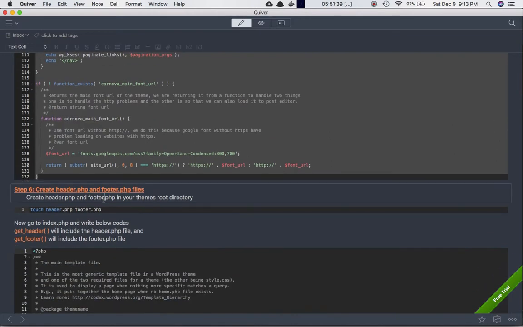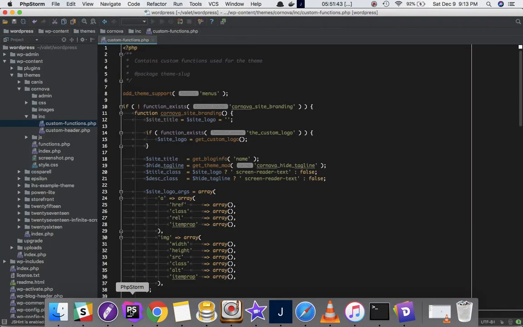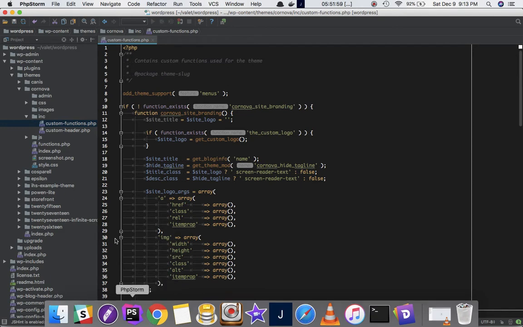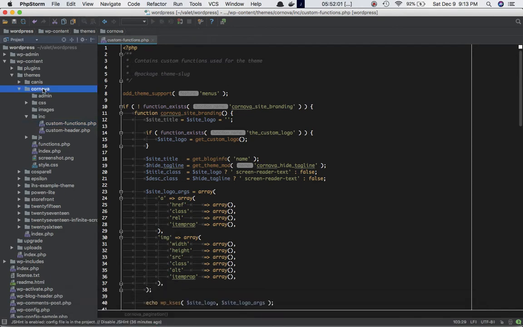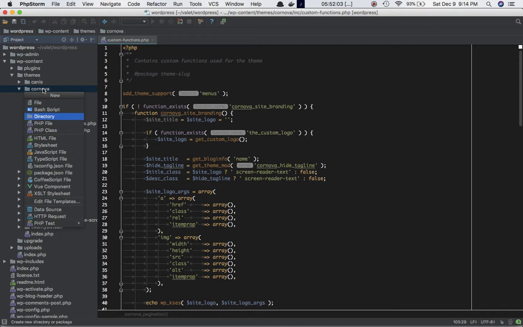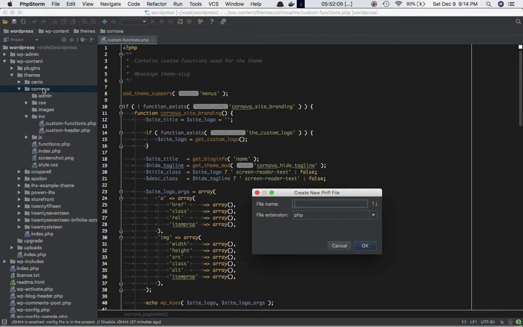Then what we need to do is create a header and footer.php file. We will always keep our header and footer separately, so that later on we don't have to worry about writing those codes again. We can just call our functions get header and get footer, which are WordPress functions, to include those files automatically. So let's create that in the root directory of our theme,